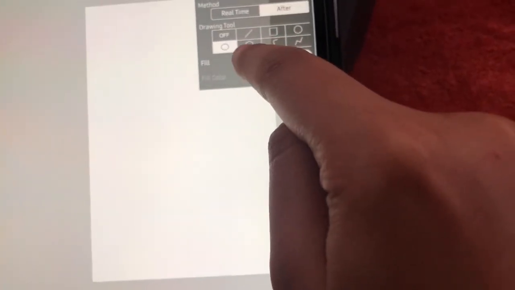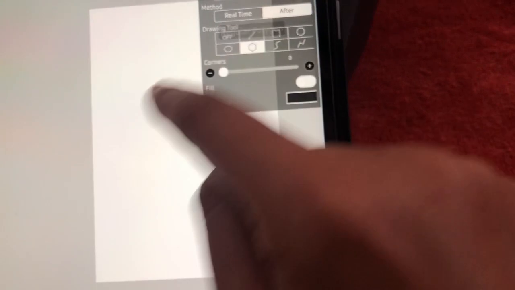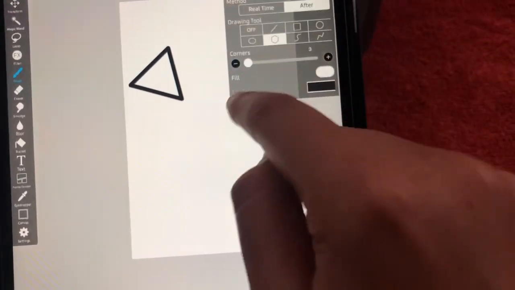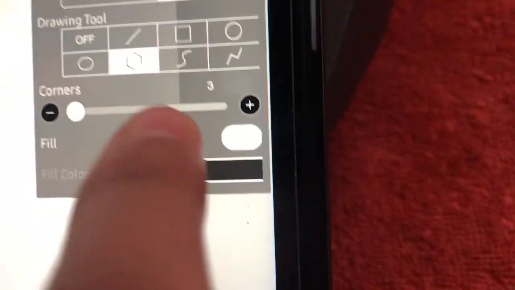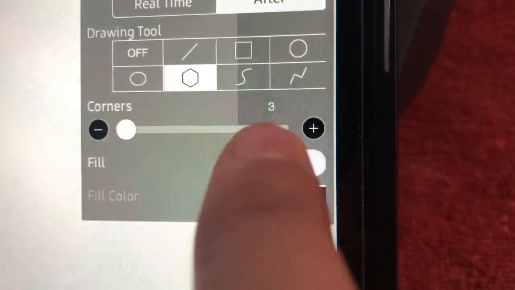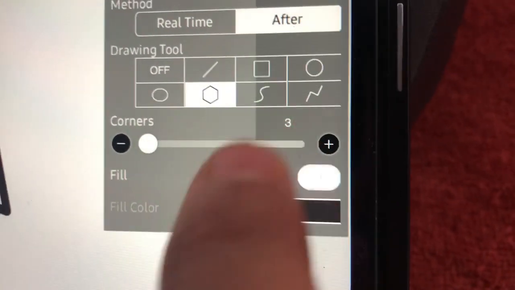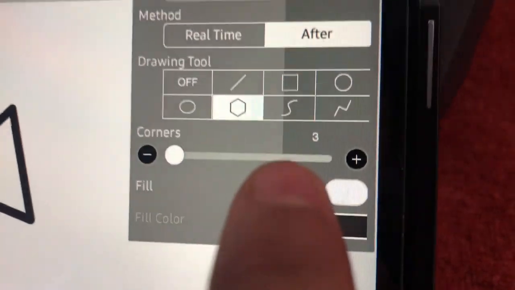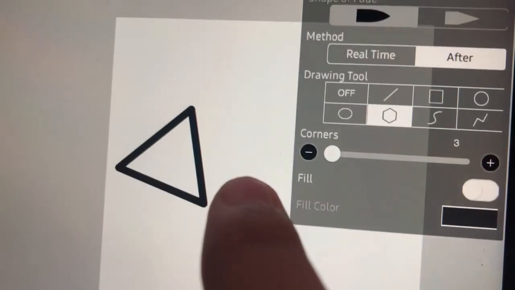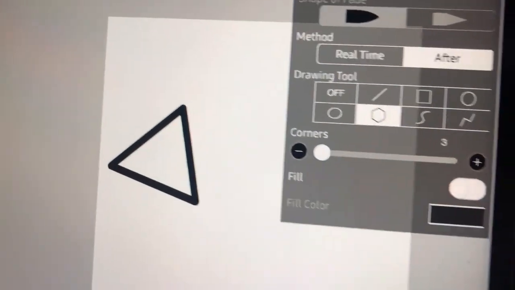I will show you how to draw a hexagon or pentagon. This is a polygon. You can draw basically different types of polygons. So just drag. This is a triangle. This will define the type of polygon that you want to draw. Now we have chosen 3 corners, so a polygon with 3 corners is definitely a triangle.